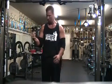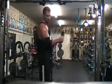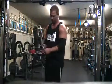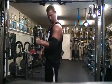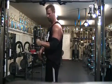Start spinning backwards. Now, depending on the day, if this doesn't have any weight on it, just by adding 2.5 or 5 pounds to this, it really makes you work. Have to tighten your wrist and everything. You can see the back of the wrist working, flexing the shoulder, everything, holding it. Same thing, spin back to the left arm. Once I finish that,